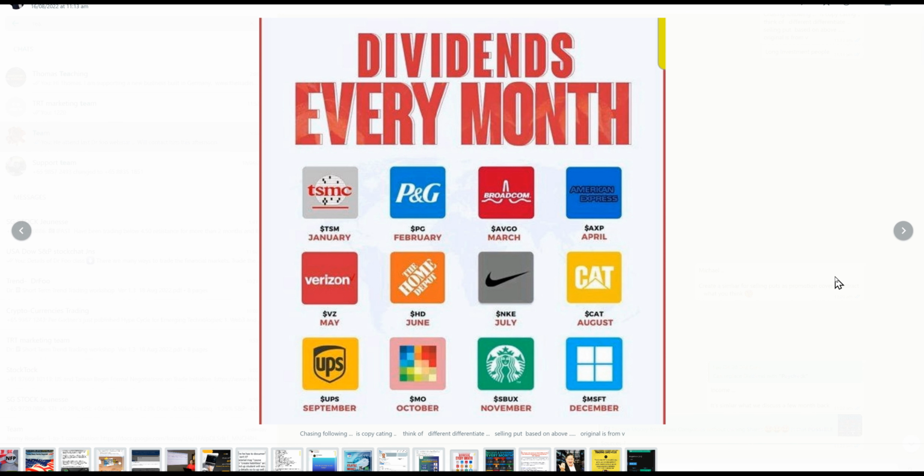So for you to collect dividends from Broadcom, I don't think Broadcom has a dividend. Let's say now we do Caterpillar or Microsoft or Starbucks. Microsoft pays a dividend. So we know they pay dividends every quarter, and the dividend is normally 1-2% or less than that. But the capital risk is the same.